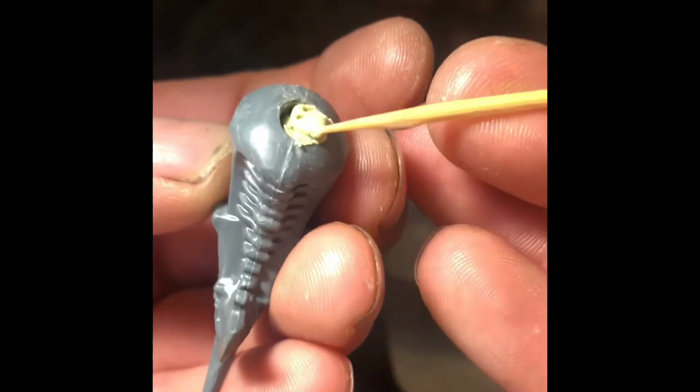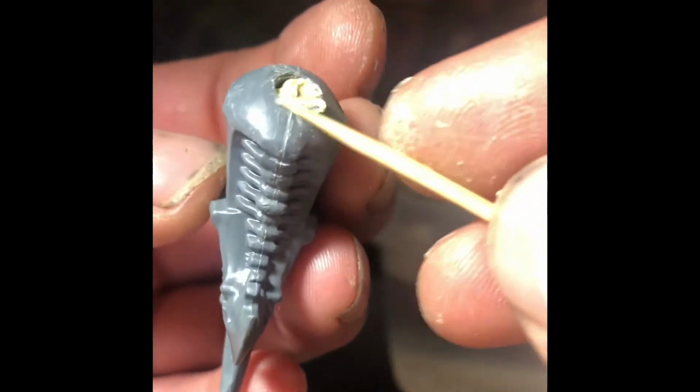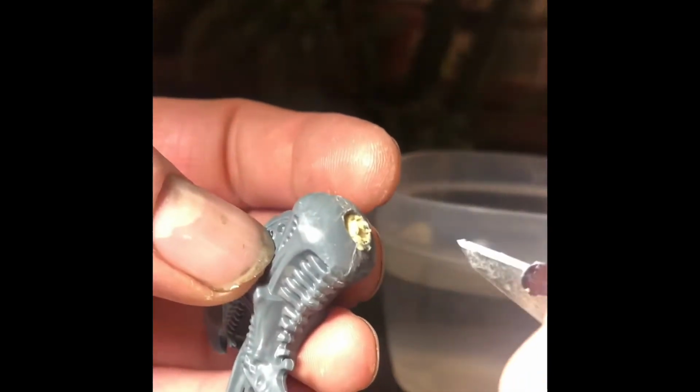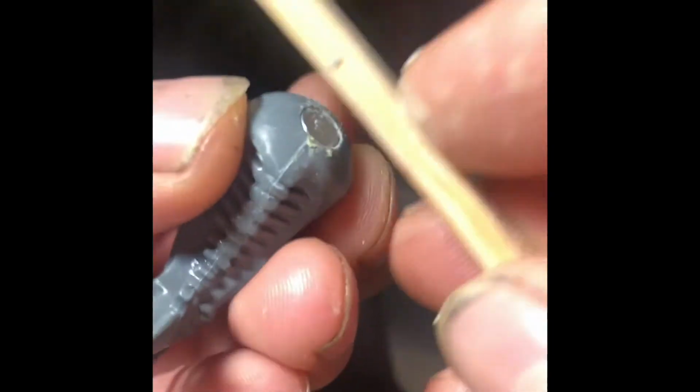you can start to think about pressing your magnet and make sure you always double check your polarity. And then for this situation, it's easy enough to put it on your hobby knife, press it in, put your finger over it, and just pull the hobby knife away. Then I'm just using a skewer to press it flat so it's more or less flush in the neck socket. We'll come back to the